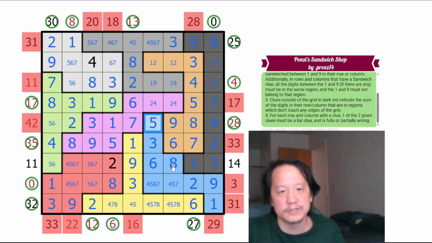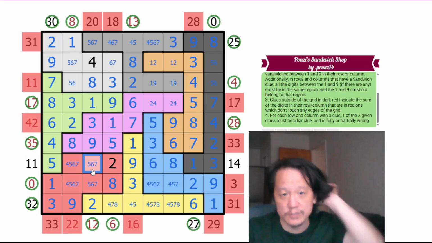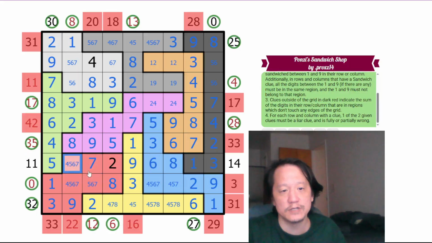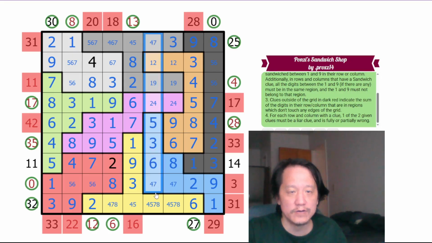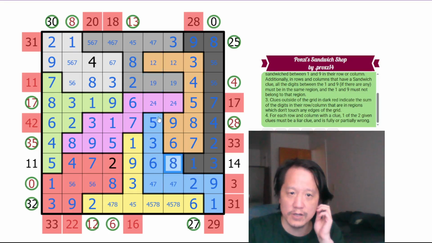That means this can't be 6. It's 5, which makes that 6, which makes that 5. No 5 or 6 here. It's 7. No 5 or 6 here or 7, so it's 4. 7 eliminates 7 here. No 4 or 7 here. This has to be a 4-7 pair here. 5 and 6 eliminate 5 and 6 here. It's 4-7 as a pair in column 6, which eliminates 4-7 in the rest of the column, so no 4